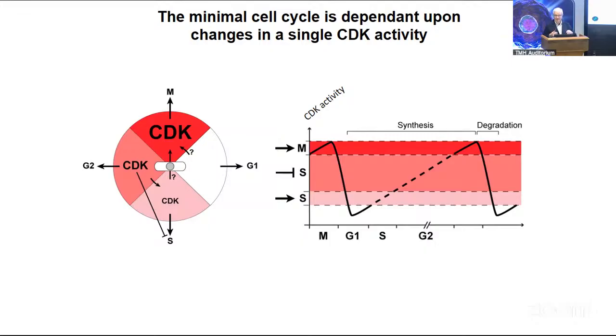We showed that, and that's the reason why you don't get 2 rounds of replication in the cell cycle. It's actively inhibited. And then when you get a lot of activity, you get mitosis. And I've rolled out the cycle on the right-hand side, and it makes some predictions that we can